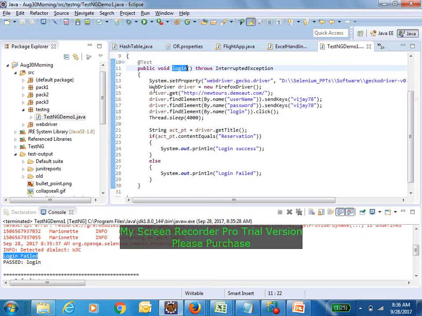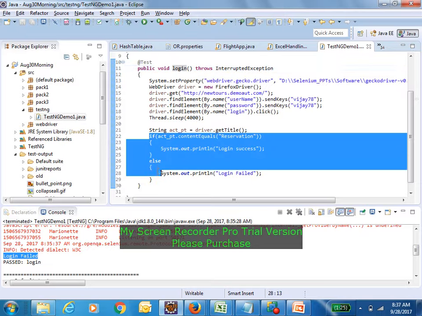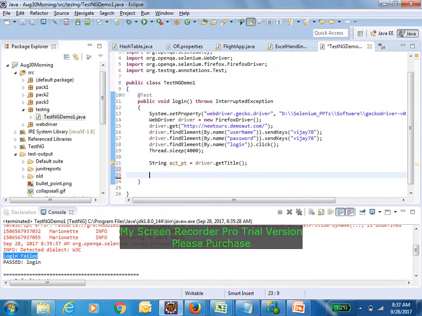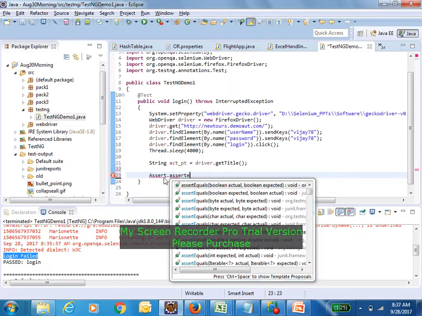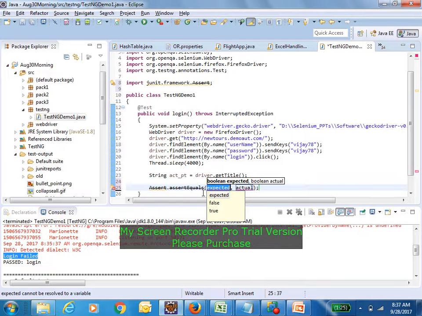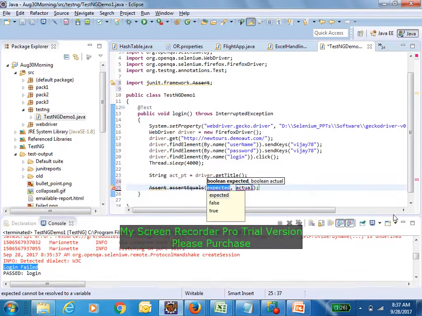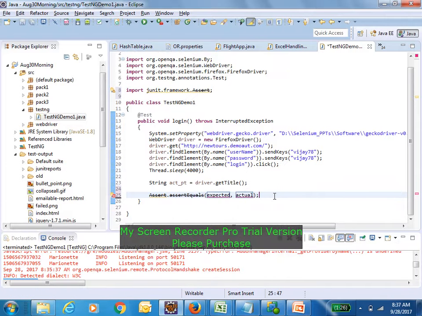But in TestNG, we have one class. That class name is called Assert. So there is one class called assertion class. Assert equals. See, you might notice one thing.